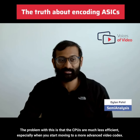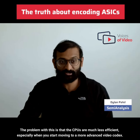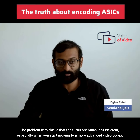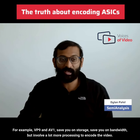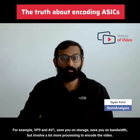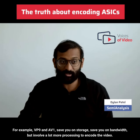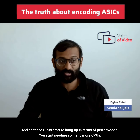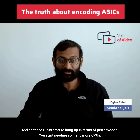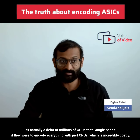The problem with this is that the CPUs are much less efficient, especially when you start moving to more advanced video codecs, for example, VP9 and AV1, that save you on storage, save you on bandwidth, but involve a lot more processing to encode the video. And so these CPUs start to hang up in terms of performance. You start needing so many more CPUs. It's actually a delta of millions of CPUs